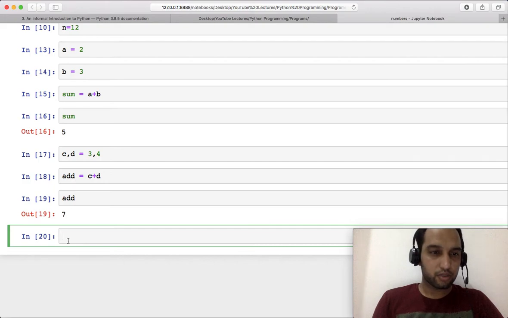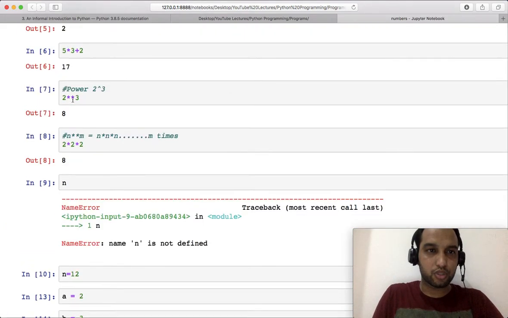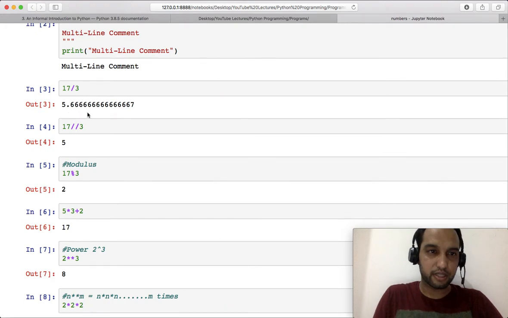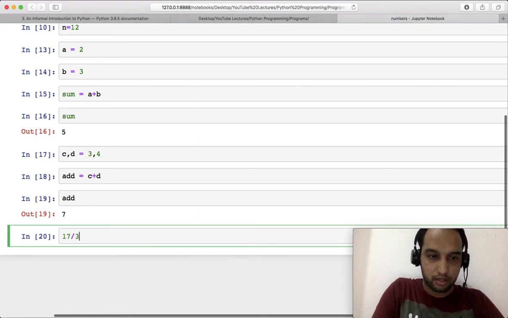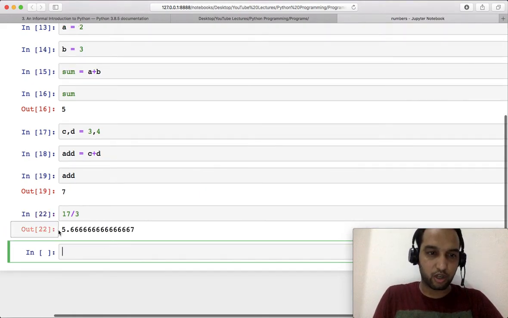Okay, now we can do one thing. Let me use this statement again, this 17 divided by 3. So here you can see the output is 5.66 multiple times and then 7.